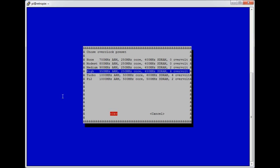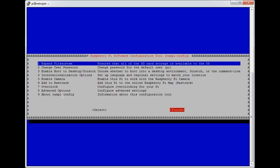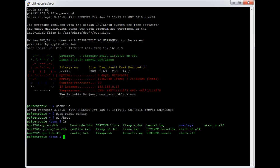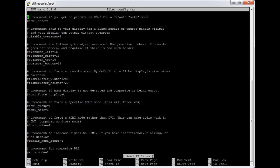And you can see where this is done, because if I cancel out that, hit finish there, and I change directory to /boot, in this directory there is a file called config.txt, and that kind of acts like a BIOS on a computer. The Raspberry Pi will read it pretty much before it does anything else to work out some basics. So if I edit that with the command sudo nano config.txt,